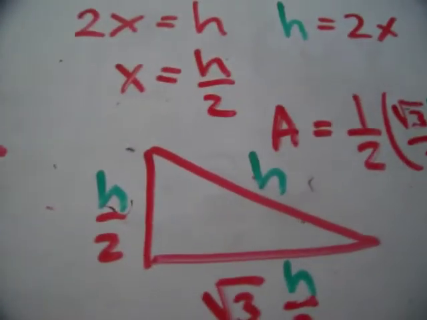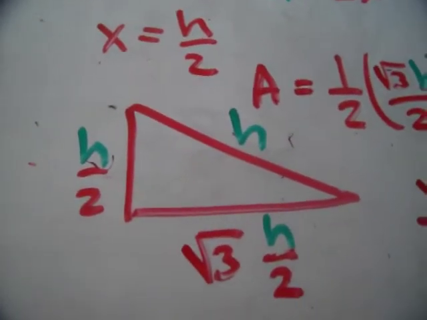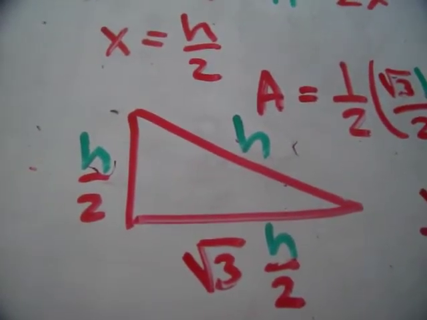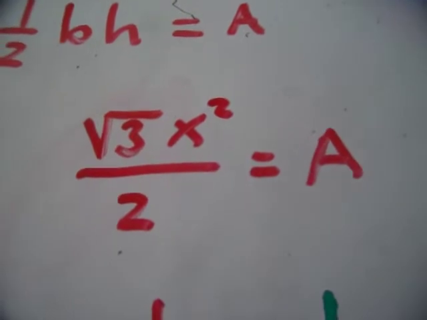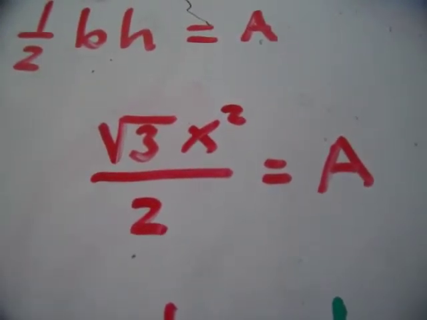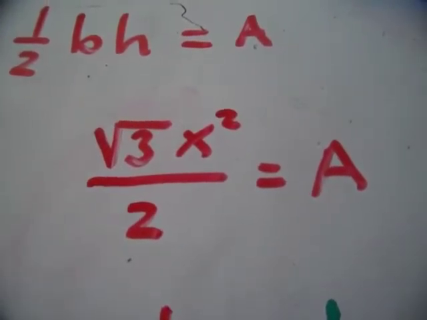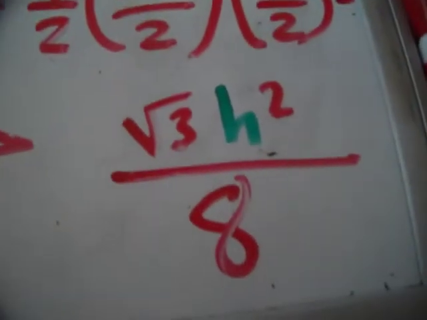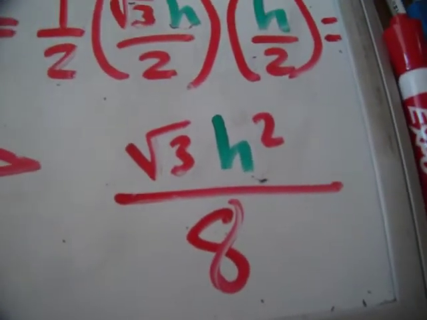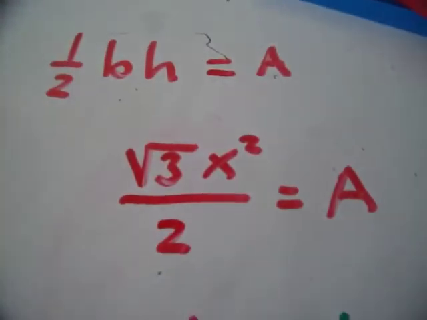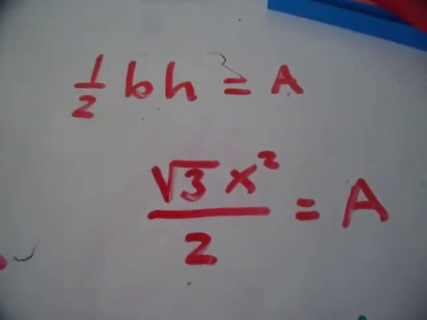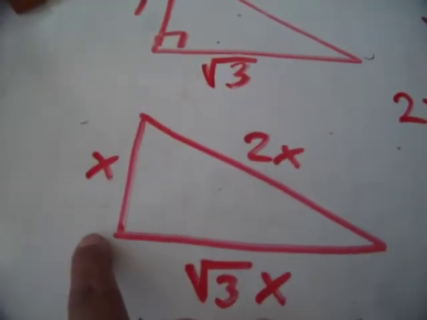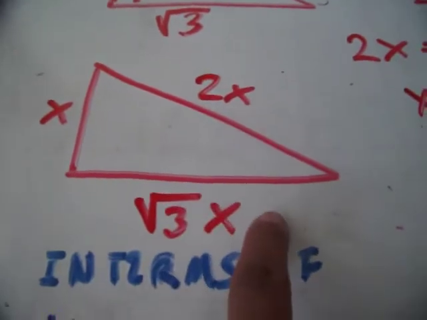So this is in terms of H. If it's in terms of H, literally, I just plug it in to 1/2 base times height in my formula. If it's in terms of X, there it is. And this was the question, actually, that I didn't get to. So I'm making a whole other video to address this one simple question. How come it's 2 there and 8 there? That was the question. Okay, so here all I've done is I've taken my X times this,